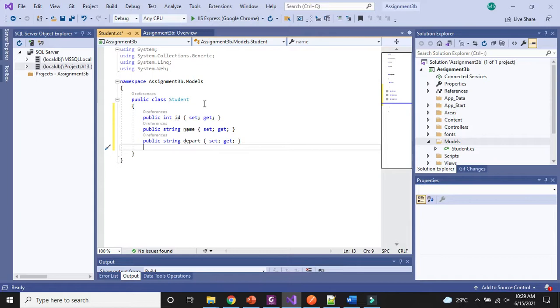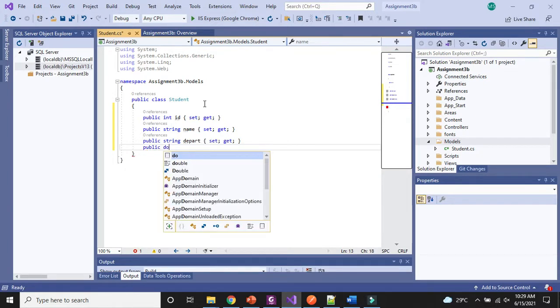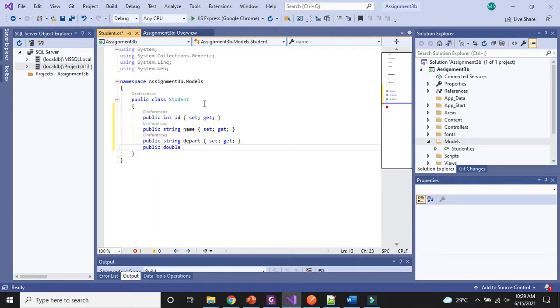And the last thing I will write over here is GPA. GPA should be a float or double, so I will make it double, with the getter and setter methods. These four attributes are fine for the solution. You can also create some more attributes like first name, last name, etc., and which semester the student is studying. So I will save this model class. Now the model class is created for us.